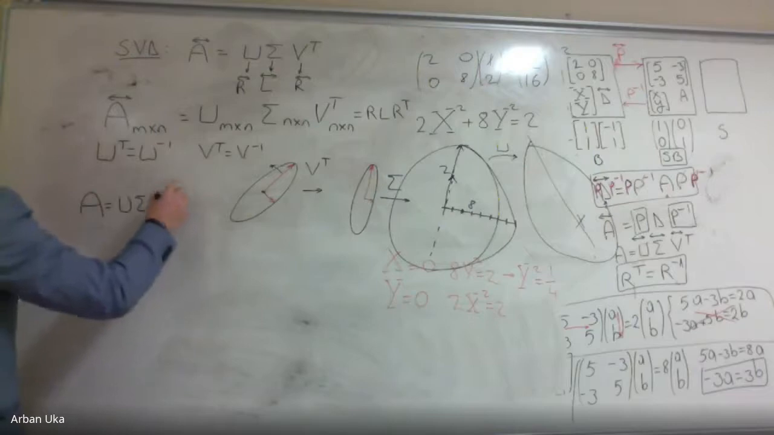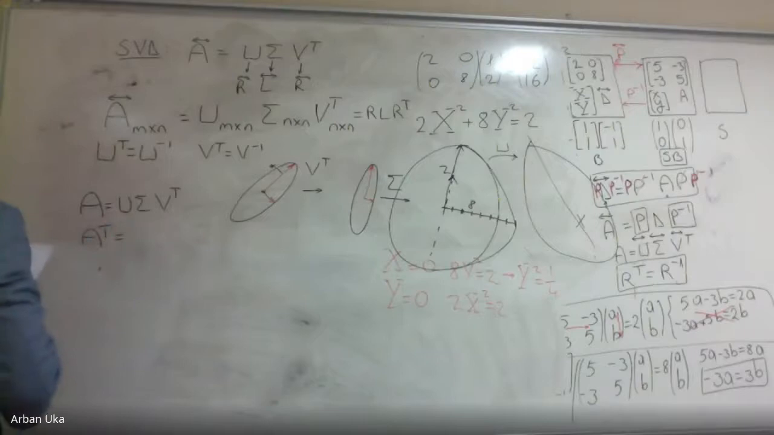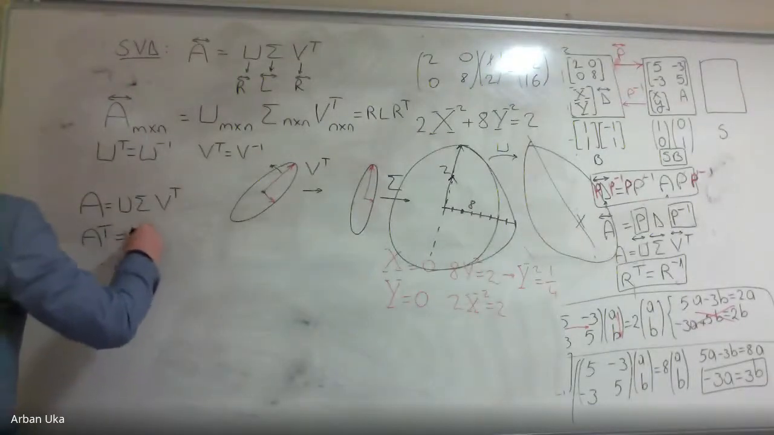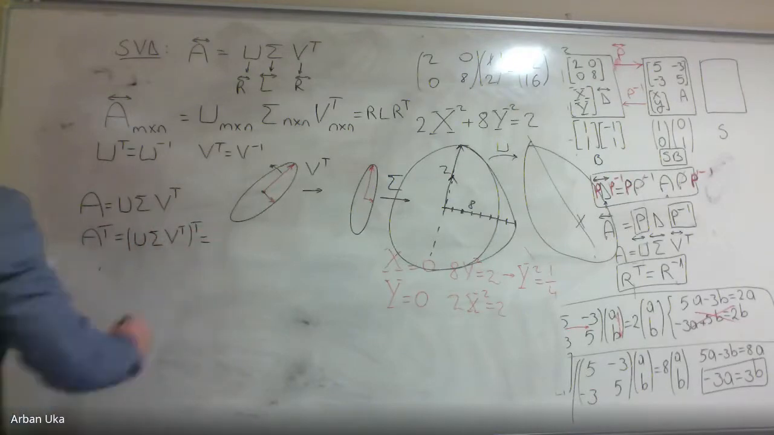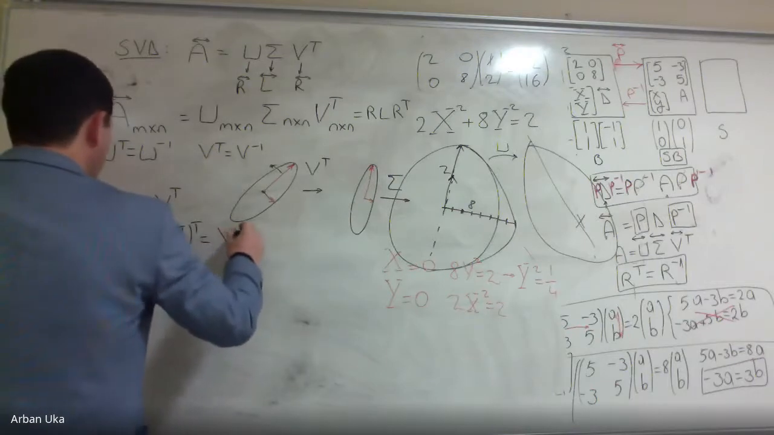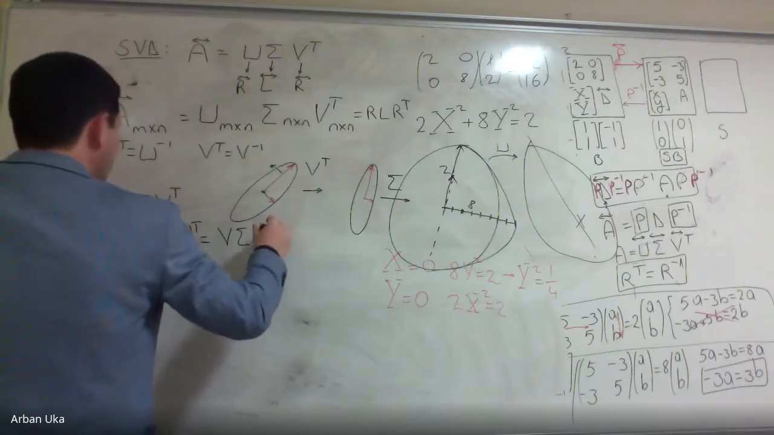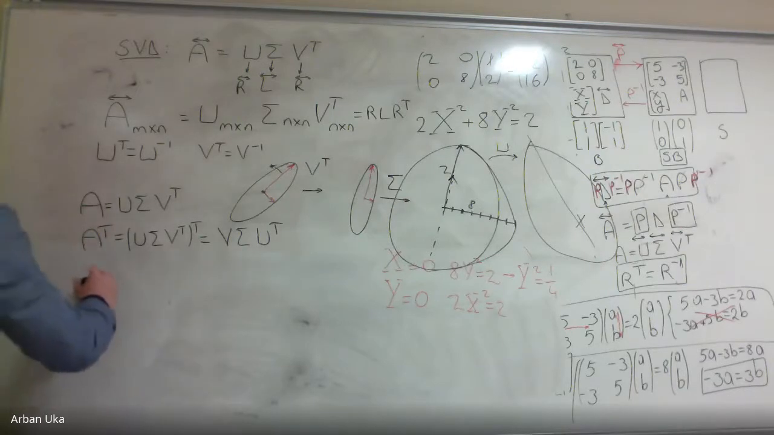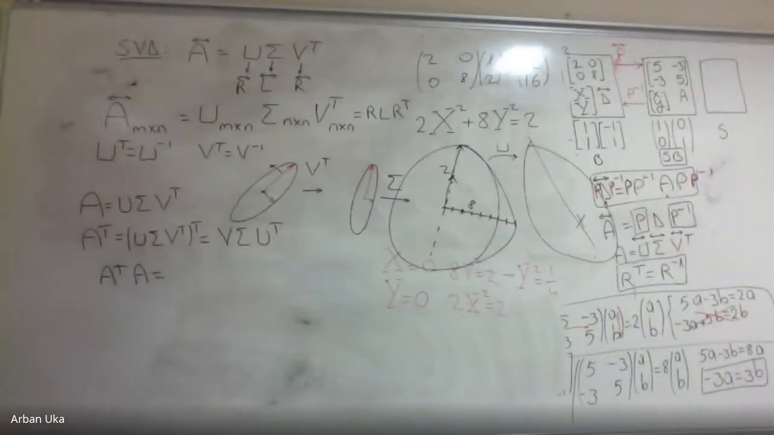So if we have here A transpose, the A transpose itself is going to be U sigma V transpose, and this will be equal to V sigma U transpose. Okay. So then what we can see from here is that if we multiply A transpose with A, this will be equal to